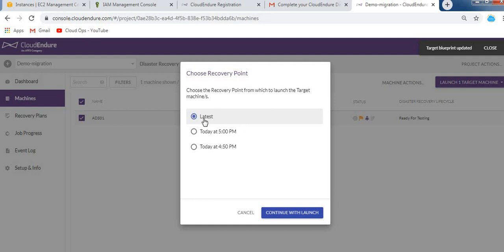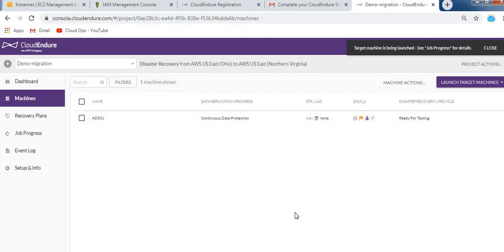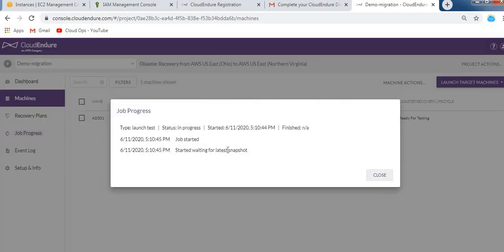I'm going to select the latest recovery point, meaning whenever my machine goes down, I will get the latest server. Click on continue to launch. Now you can see this option, target machine is being launched, see job progress for details. There is the option job progress.